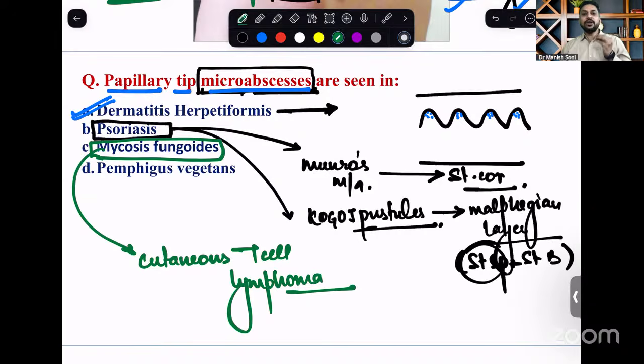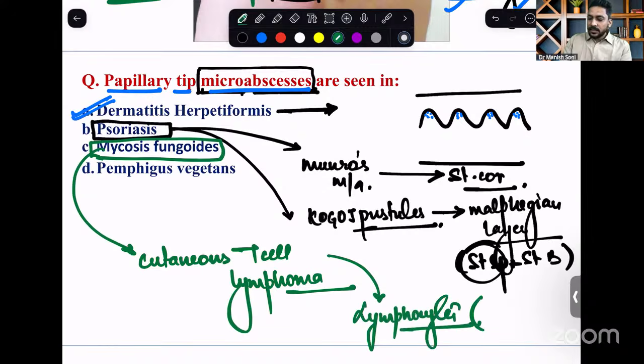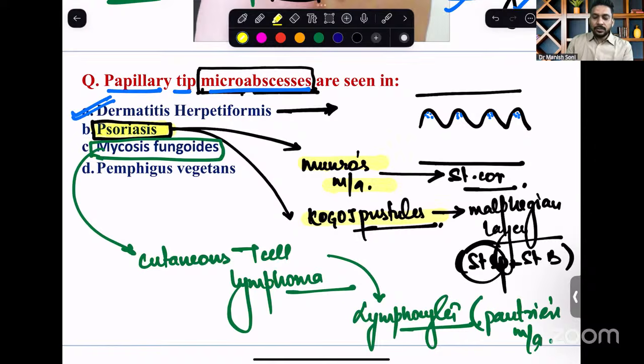So here collection of lymphocytes are seen, and these collections of lymphocytes are known as Pautrier's microabscess. So remember that Munro's microabscess is seen in psoriasis. Kogoj's pustules are seen in psoriasis, while papillary tip microabscess is seen in dermatitis herpetiformis, and Pautrier's microabscess is seen